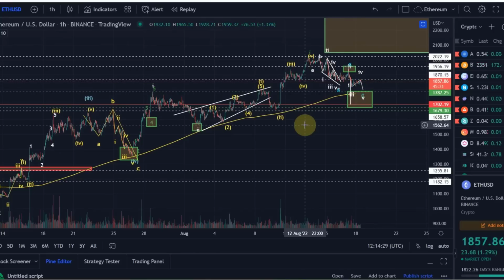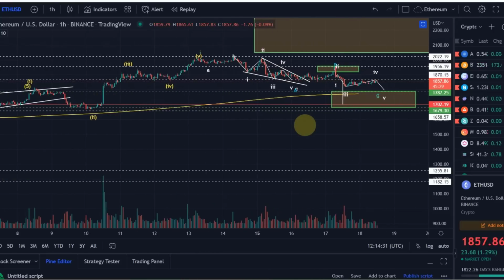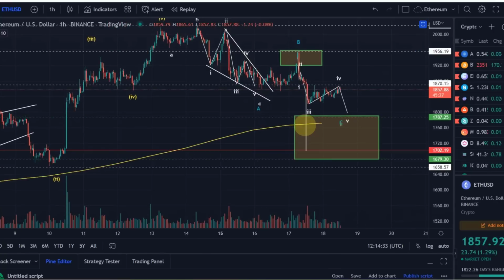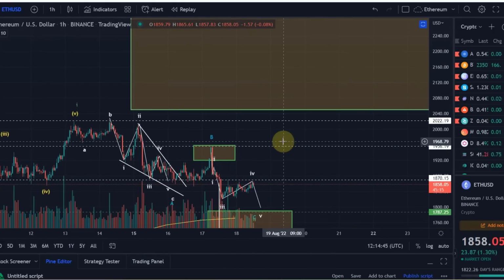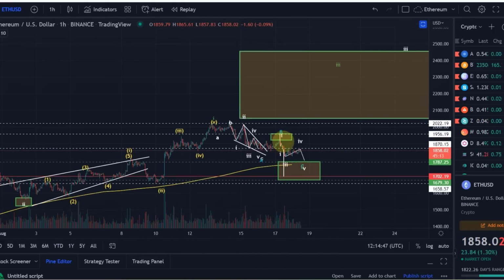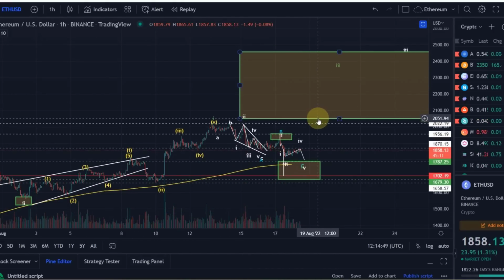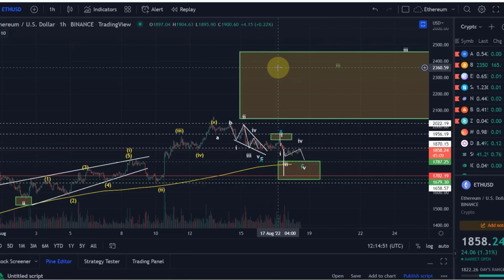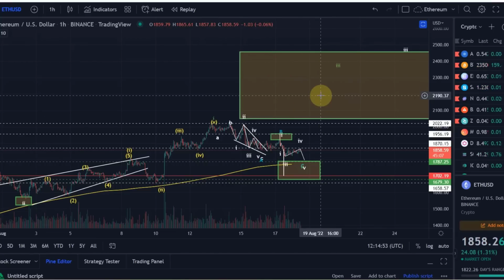Now, of course, I can't guarantee you that it is going to hold, but if it is holding, if we see a bullish reaction to it, that could be an indication that this is the last leg down and that the wave 2 correction here is in. After the wave 2, we should see an impulsive price action to the upside that should take us into my larger green target area, which is located between $2,050 and $2,450. So this is what we're waiting for.